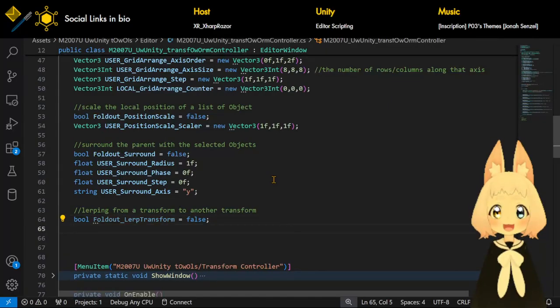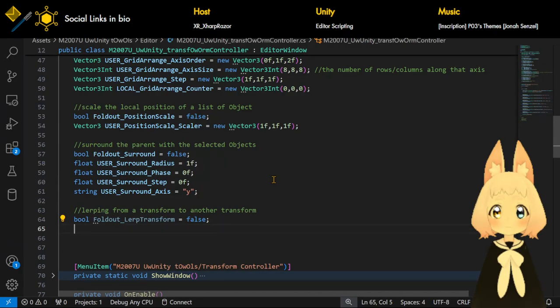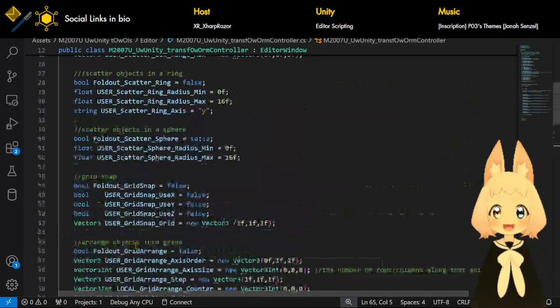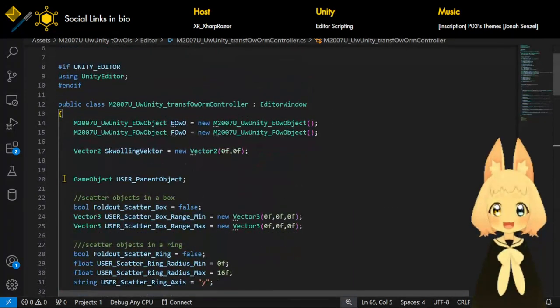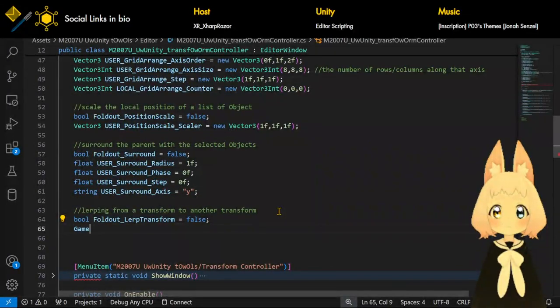False. Okay. Next thing. In this case, we'll just do game object and then the name. Game object, and then the name. So we just have user